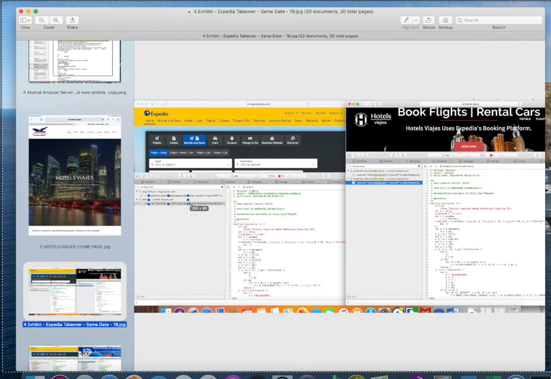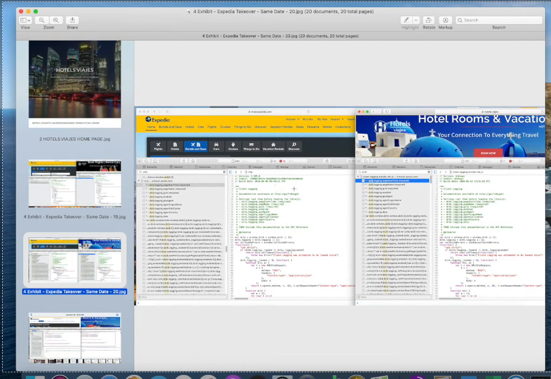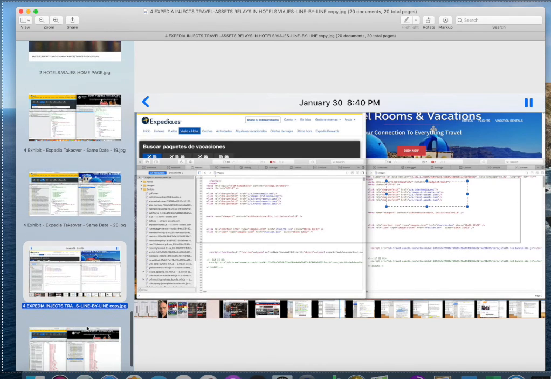This is A travel assets. This is B travel assets. Now, here, line by line, at the same time, they attach these logging scripts, A travel assets, B travel assets, line by line. This was done earlier, and I matched these two screenshots, but here is Expedia and my website, hotels.viajes, and they're injecting travel asset toolkits.